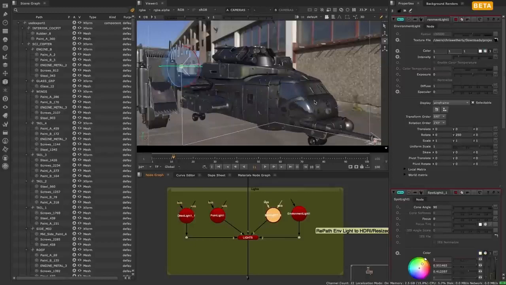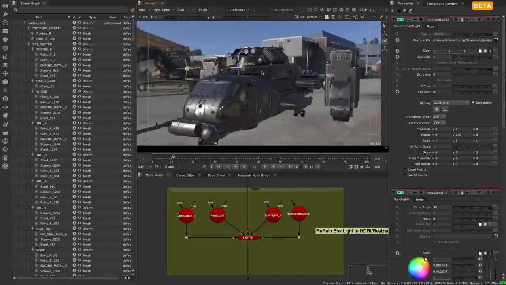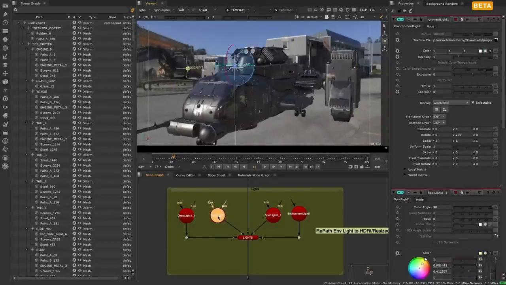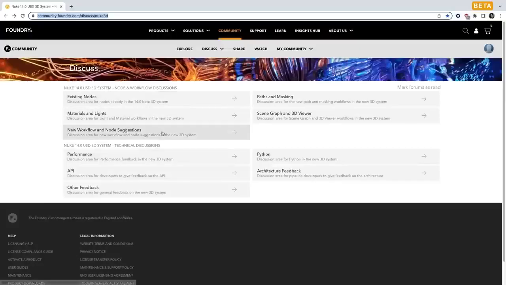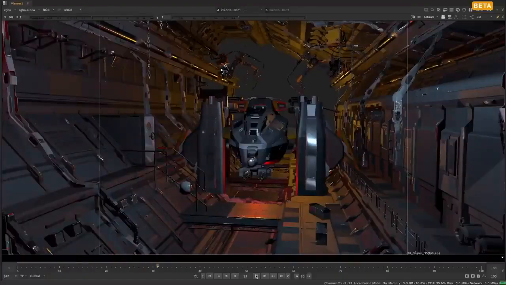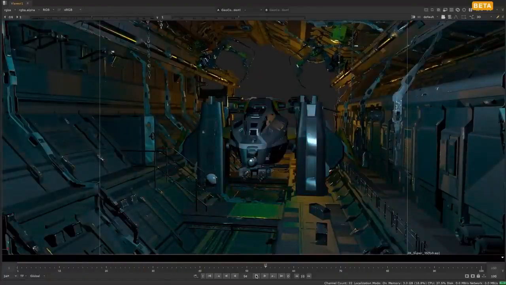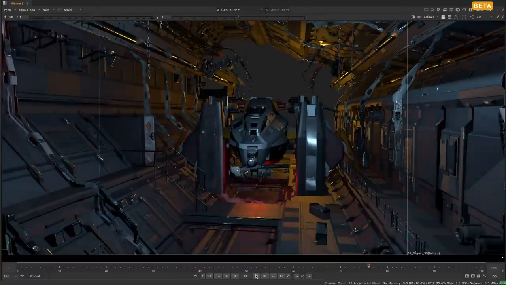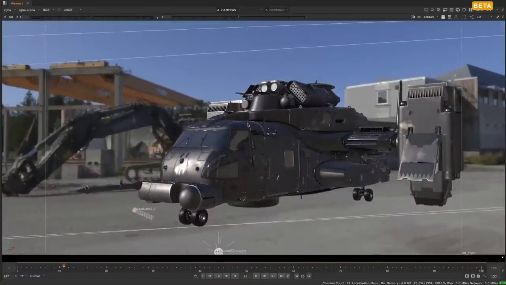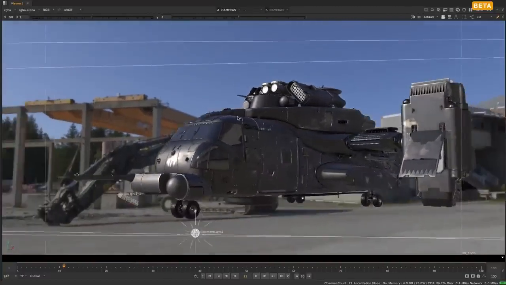Please note that all the 3D system work is in beta and a work in progress, so while we are excited to put this out for artists to play and give feedback in the new forums, please be aware that not all functionality for these features and others will be complete, and we will continue to develop the 3D system with each successive release. We view the new 3D system as being a strong platform for future workflows in Nuke,